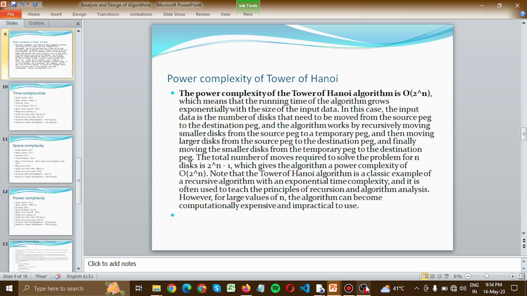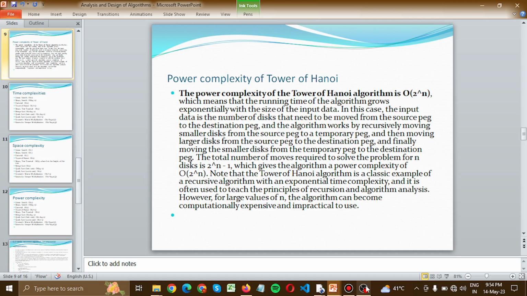Now, time complexity of Tower of Hanoi. The time complexity of the Tower of Hanoi algorithm is O(2^n), which means that the running time of the algorithm grows exponentially with the size of the input data. In this case, the input data is the number of disks that need to be moved from the source peg